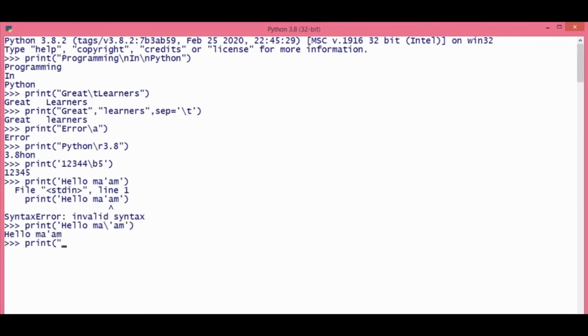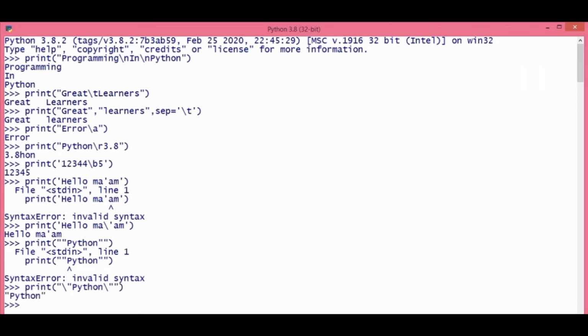A similar thing happens for a string which is to be enclosed inside double quotes. So you can see in this example, I'm trying to print the word Python inside double quotes. So I want those double quotes to be shown in the output. For this, I tried putting 2 double quotes in the beginning and 2 double quotes in the end, but this generates an error. So to get it correct, we are going to take the help of the \" escape sequence. So you can see I have written \" in the beginning and \" in the end. So the first and the last double quote make a pair, whereas \" makes it possible to have that double quote in the output.